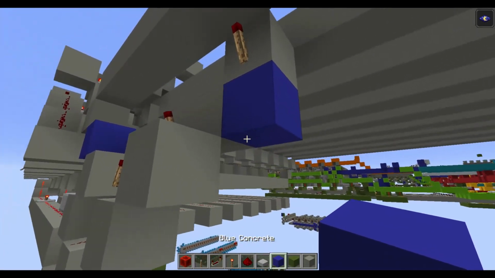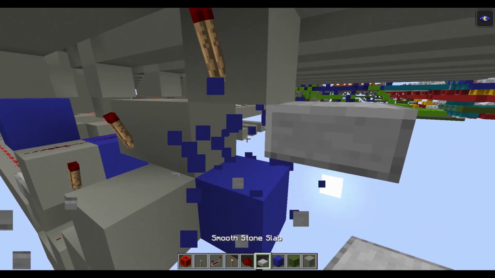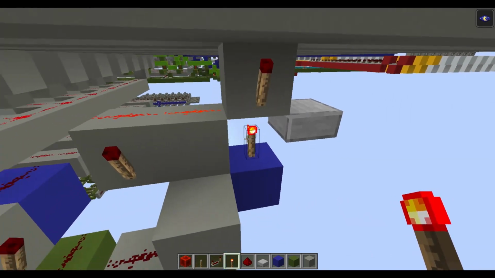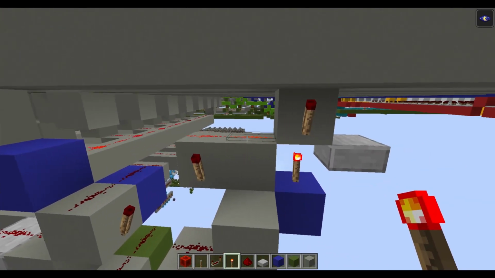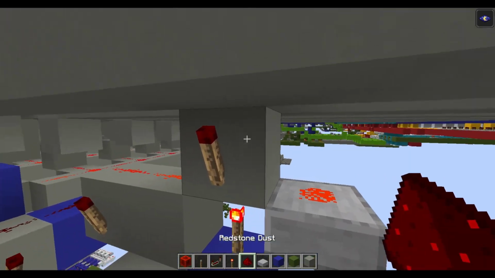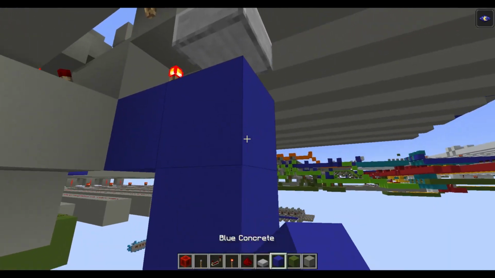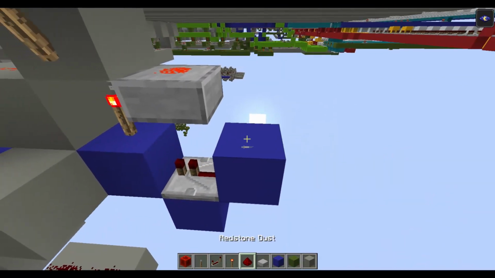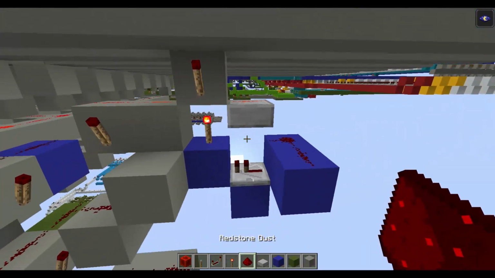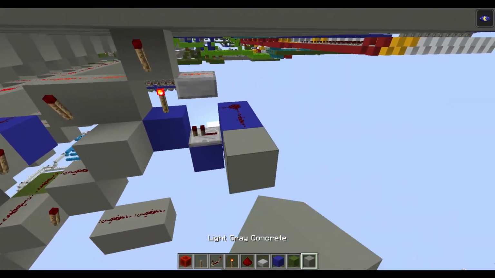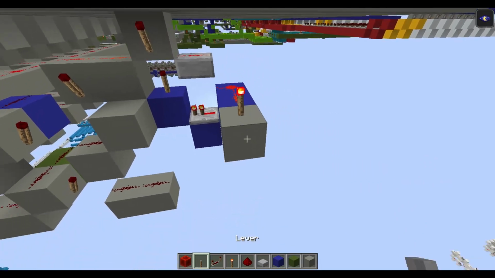Now we need to build here the reset for the memory, and here is the lock for the memory. Now we can build it this way. So you have here something like this.